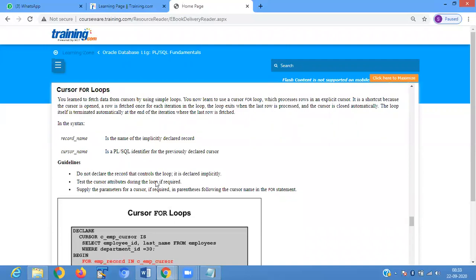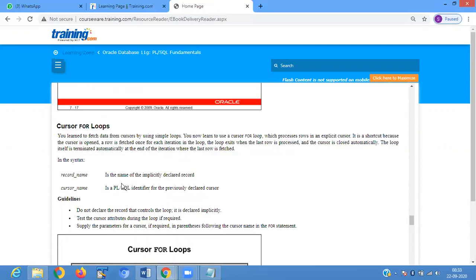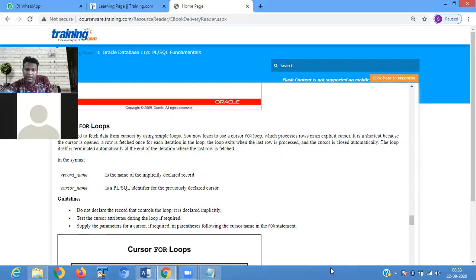The guideline is: do not declare the record that controls the loop. It is declared implicitly. Test the cursor attributes during the loop if required. Supply the parameters for a cursor, if required, in parentheses following the cursor name in the FOR statement. So do not declare a record that controls the loop, it is the first point.